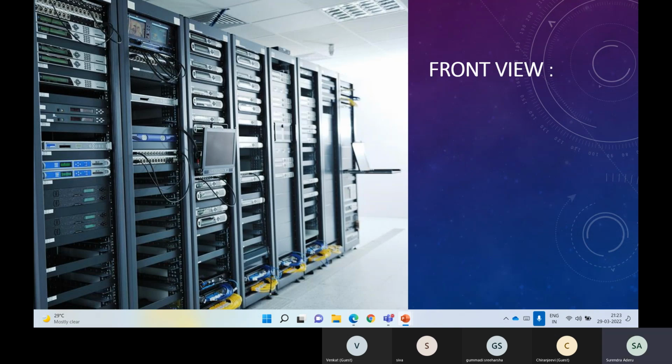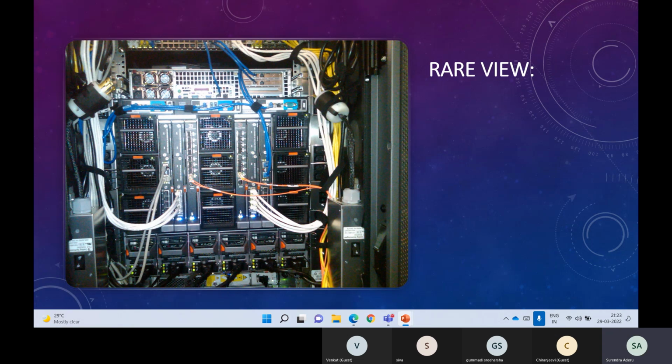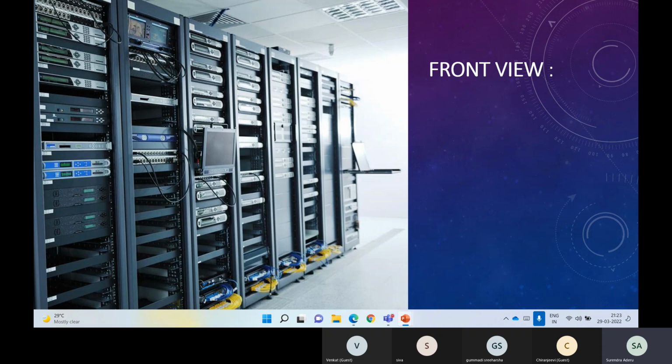So my agenda is that if I say data center, you should be able to visualize it. If I say a rack, you should know how the rack looks. The vertical ones, with 44 units in size, we call a rack. Inside it, you will have physical hardware. On top of the hardware, you will be running an operating system. That can be Windows, that can be Linux, that can be virtualized. We'll talk about that subsequently. This is the front view of how it looks.